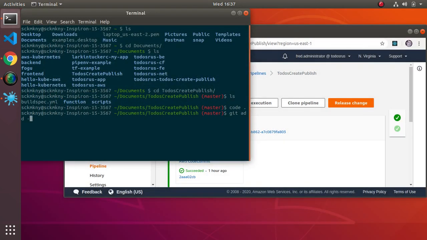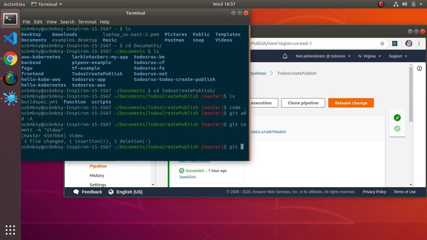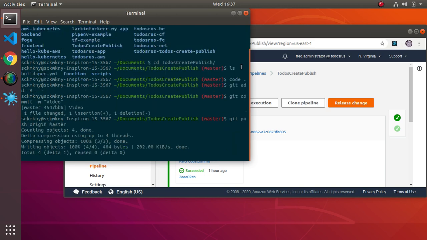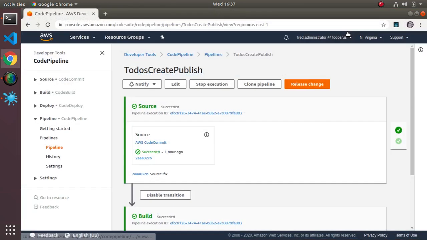Git add, git commit minus m video, git push origin master. Okay, so that's pushing it to the repository. And then what we should see, if I go to the pipeline,